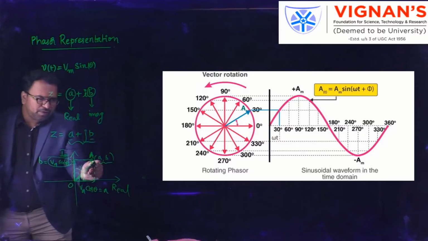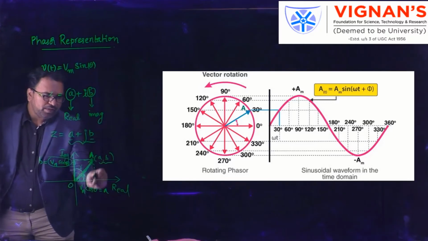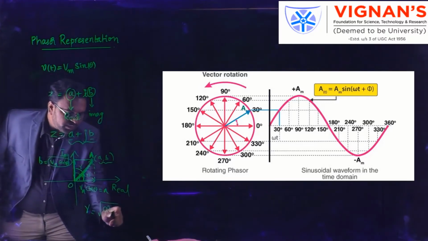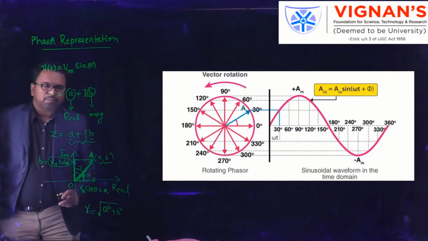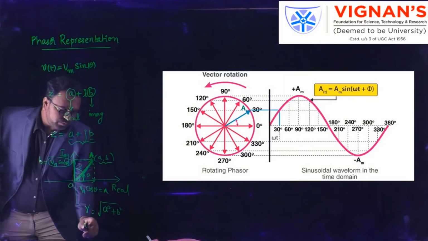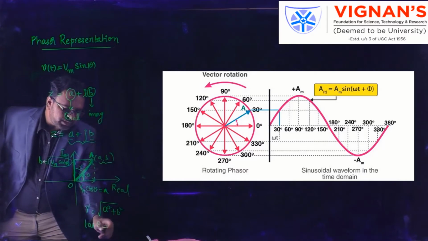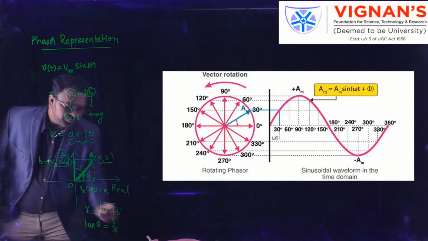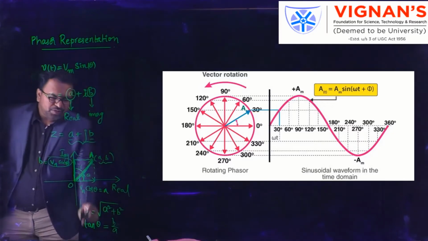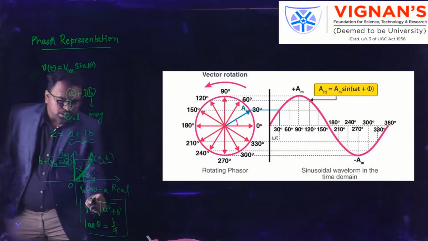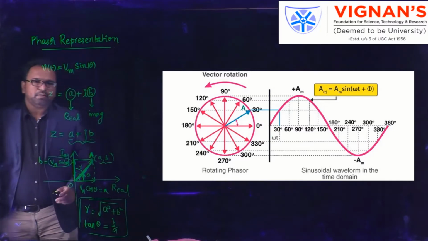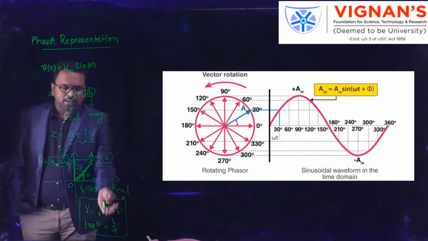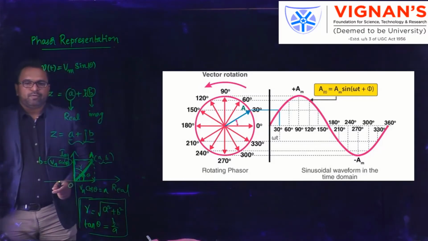Now how will you find the length of the vector? If the sides are A and B, obviously r is the square root of A squared plus B squared. And how will you find theta? By using the tan theta expression. Tan theta is nothing but opposite side by adjacent side, B by A. So by using these two relations, we can convert a rectangular coordinate into polar coordinates.